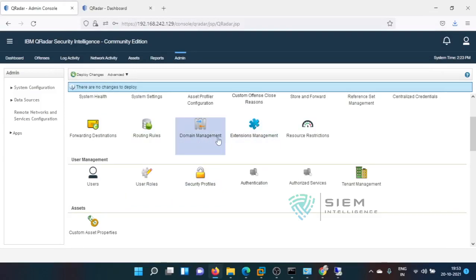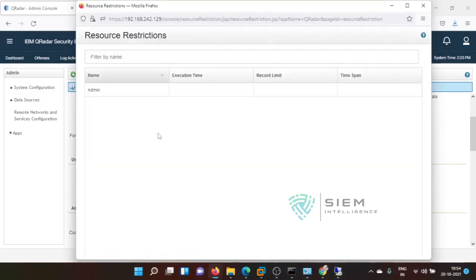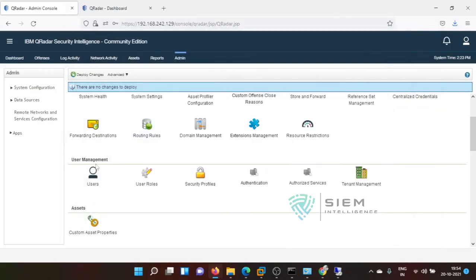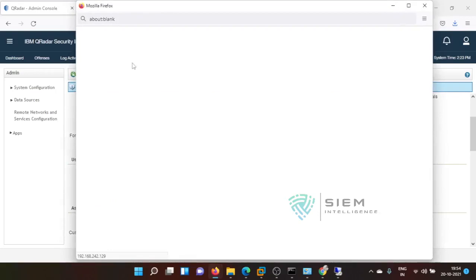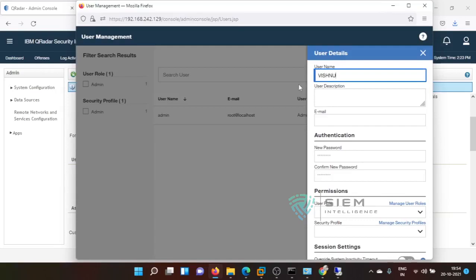so domain management, we have resource restrictions. You can set up resource restrictions. See, the admin is there by default, there are no restrictions, but if you create any user, I'll create a user and show it to you. You can add Vishnu as one user, Vishnu at ibm.in.